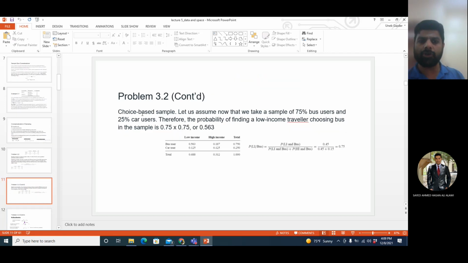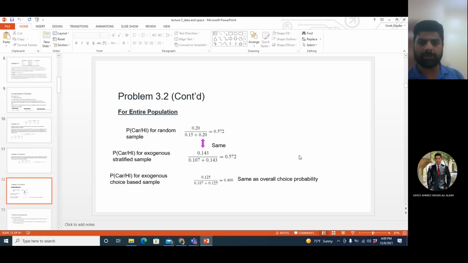The same thing can be done for choice-based sample. So again, the possibility to be in the low income group for a bus user, and the possibility to be in a high income group for the bus user. Now, for example, this is from the previous example. In the previous example, if you want to find out what is the possibility that a car user will belong to the high income group in the entire population, like we have done in the previous example as well as in the previous topic,